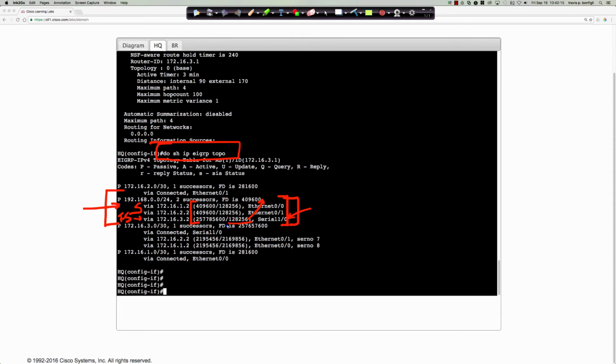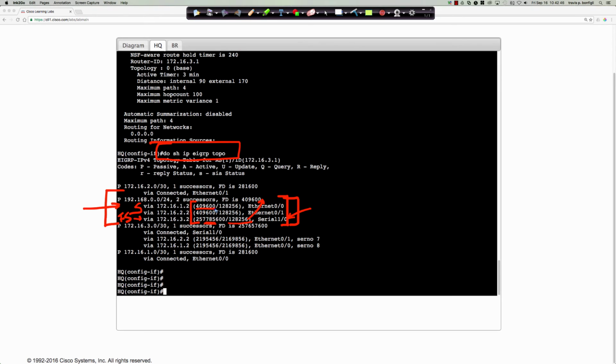And now we continue to the second requirement, and that is that the cost, or I shouldn't say the cost, the computed distance, which again is not the same as the feasible distance in this case here. The computed distance for the feasible successor needs to be strictly less than